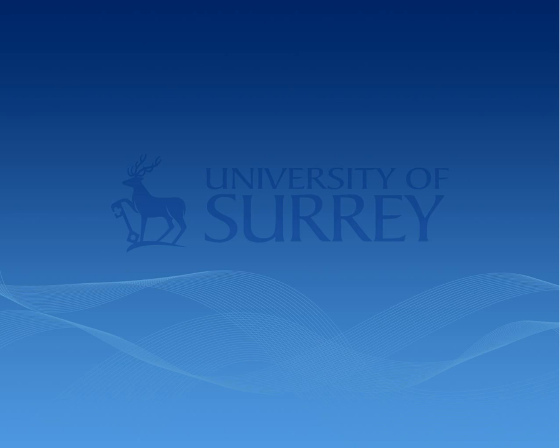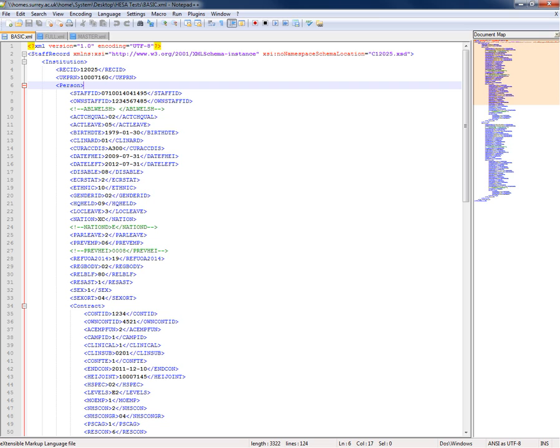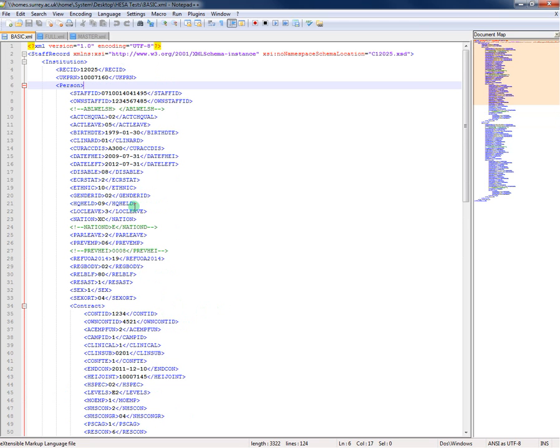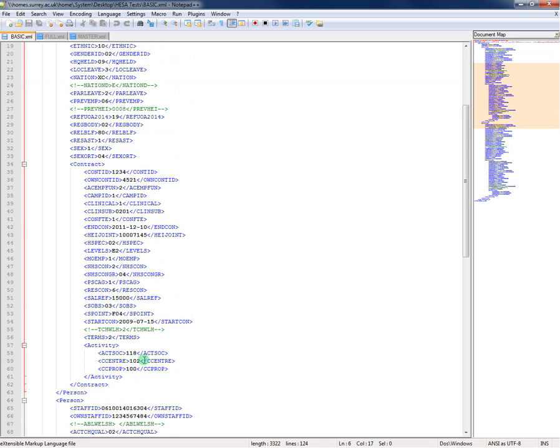you'll also need to have the demo or dummy HESA map, which HESA Liaison have kindly provided to us. That is this one here, which we've called basic because that shows just one person with one contract and one activity. Now in reality we do have people with more than one contract and more than one activity, and the